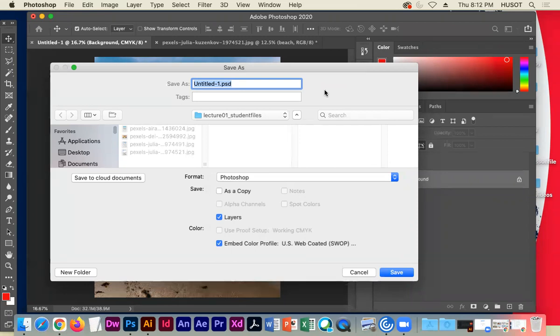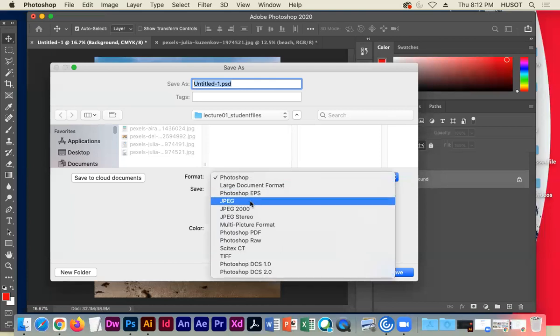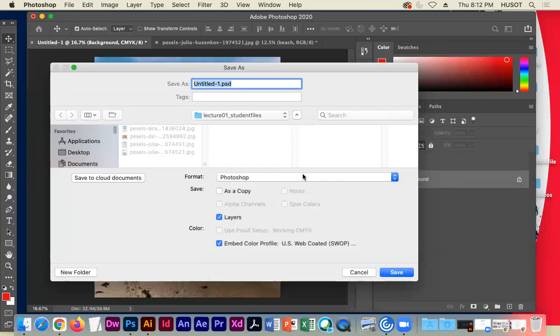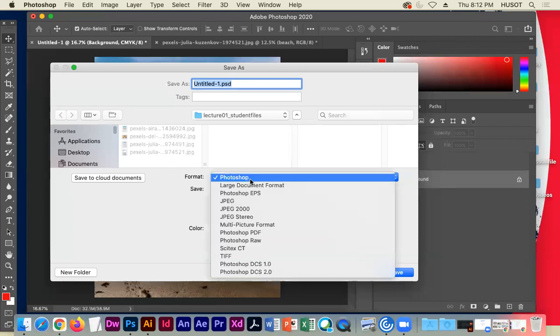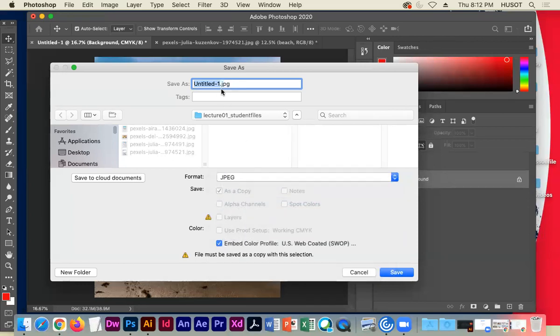If it takes a long time, you can save it as a JPEG. That is the most compressed of the file types here for making it smaller. I don't care about the quality when you give it to me, because I'll be able to see that you did the skills even as a JPEG. So if you're working from home and you don't have the best internet, when you're done with your chapter project and you want to do a file save as, you can save it as a .jpg or JPEG,